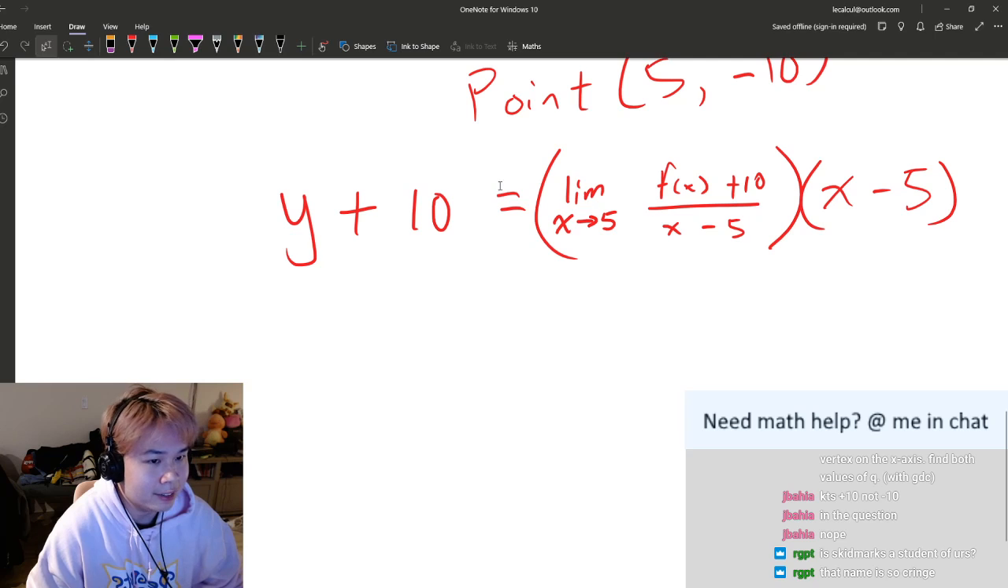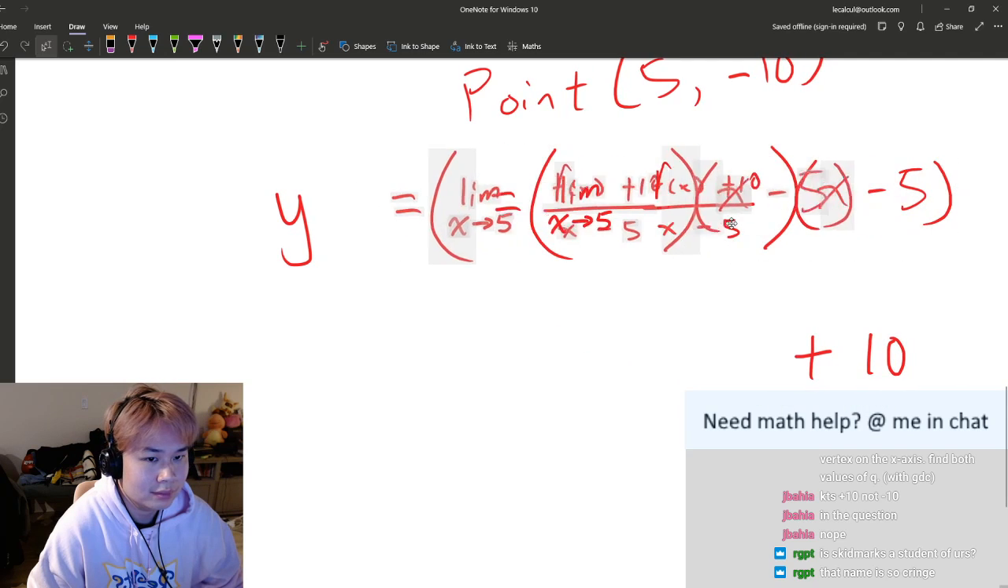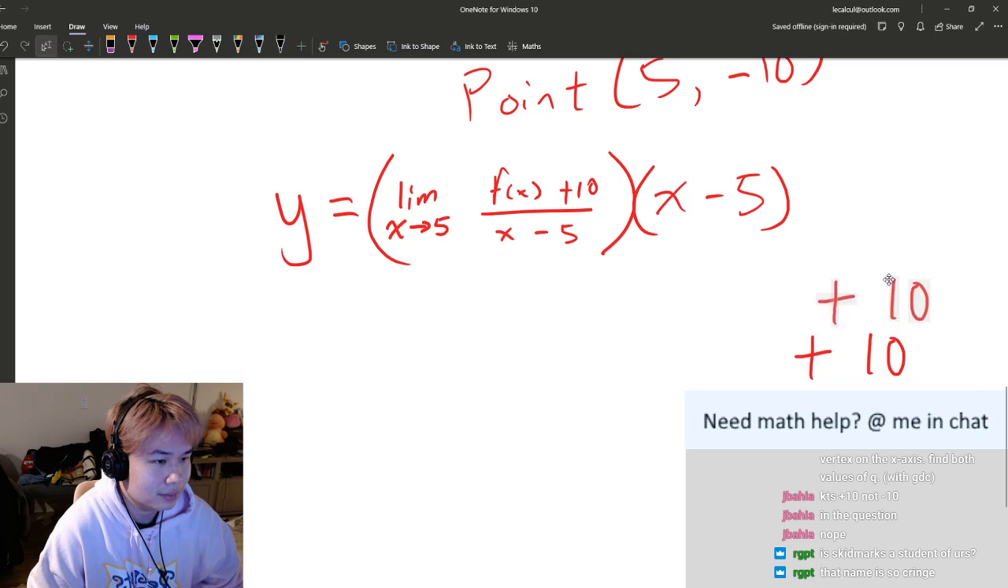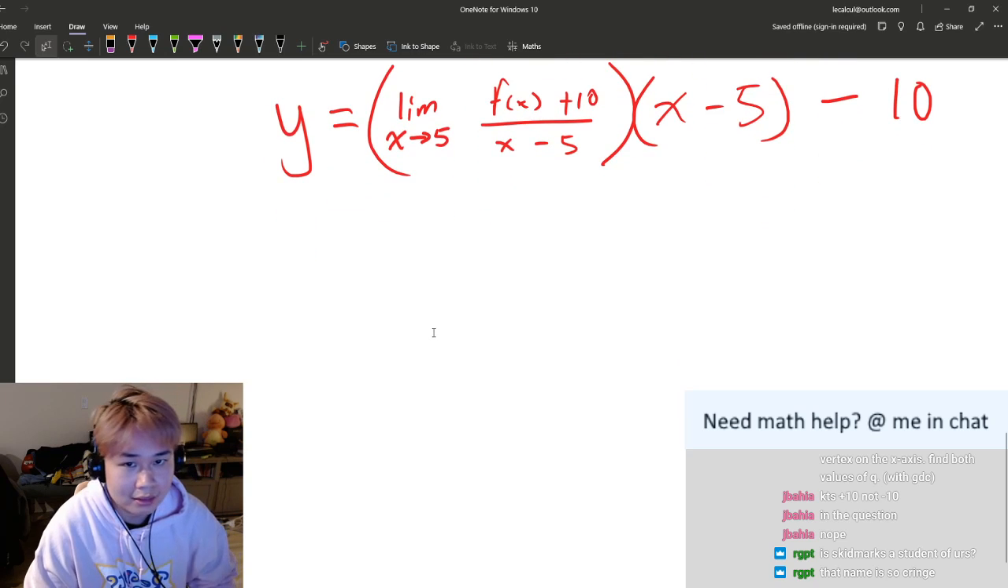And then they want it y equals, right? So then you can just move the 10 over, and that becomes minus 10. You can't do anything else if you don't know what the function is. So this is as far as it goes. Anyway,